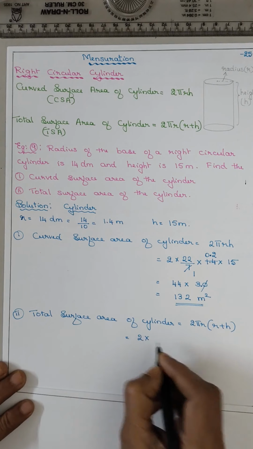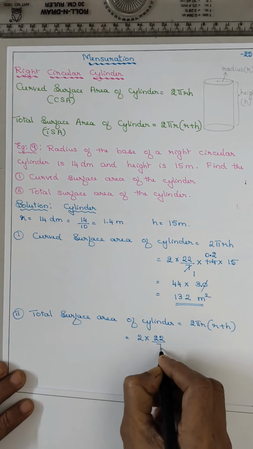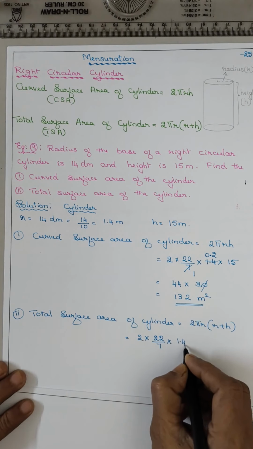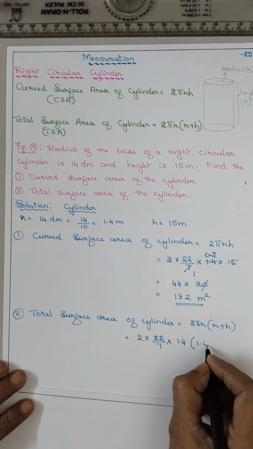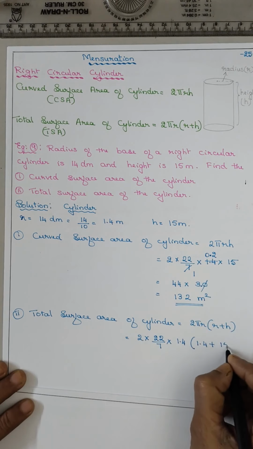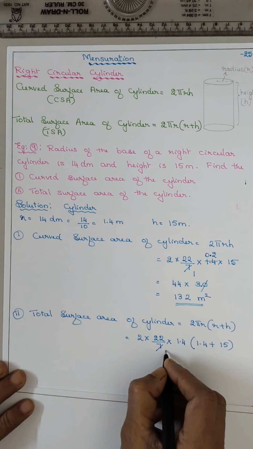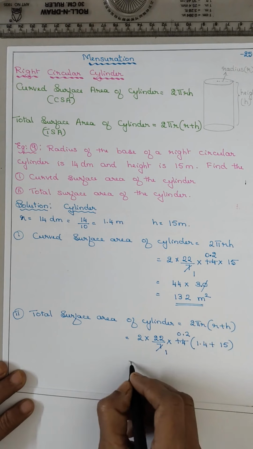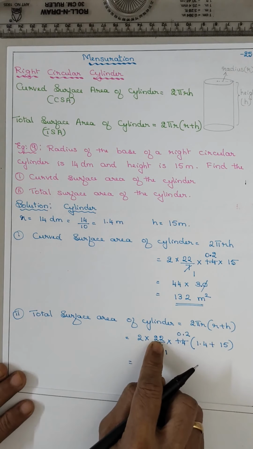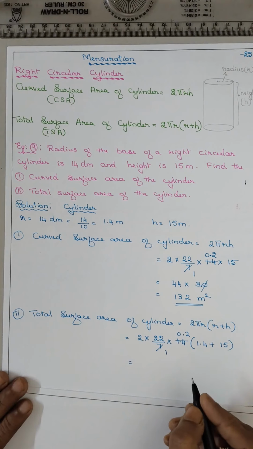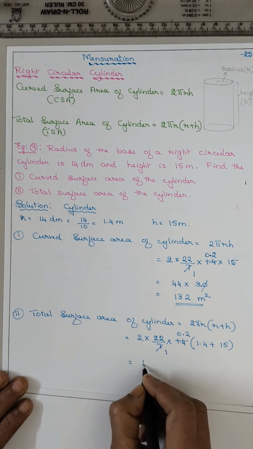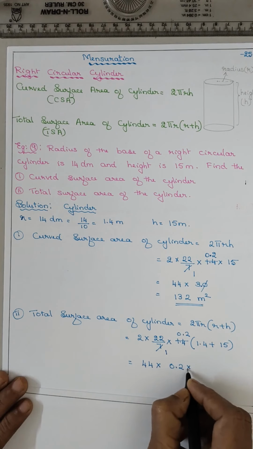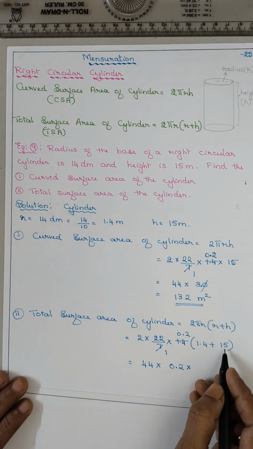It is 2 into pi is 22 by 7 into R is 1.4, bracket 1.4 plus 15. So it will be 7 ones are 7, and this one is 0.2. So 2 22s are 44 into 0.2 into 1 plus 15,